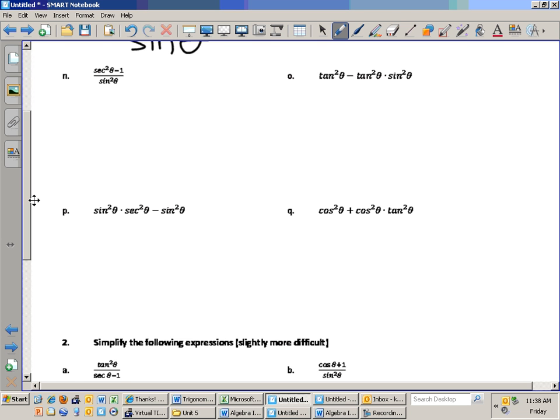So O is a different scenario, though. If you look at O, it has a tangent squared that has been distributed through. So this time I am going to factor something out. And I can't tell you that you always do one or the other. You've got to be able to recognize it. Last hour, second hour, I had a lot of trouble with this. I'm going to rewrite this. Don't write this down. I'm doing this for your benefit right now to watch. I'm going to rewrite that to look like that: x squared minus x squared times y squared. What is the common factor I could take out? And you're left with,